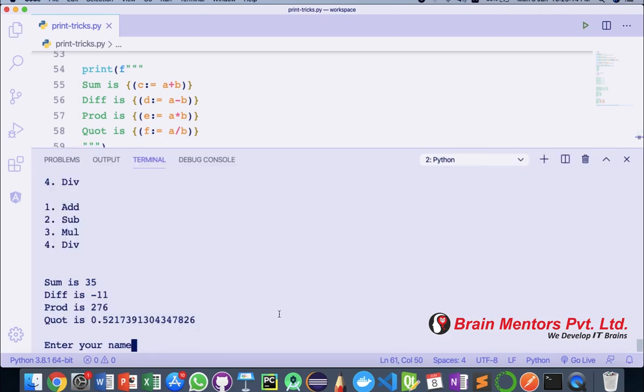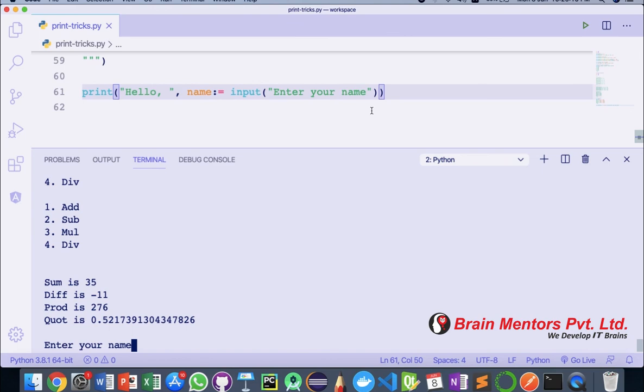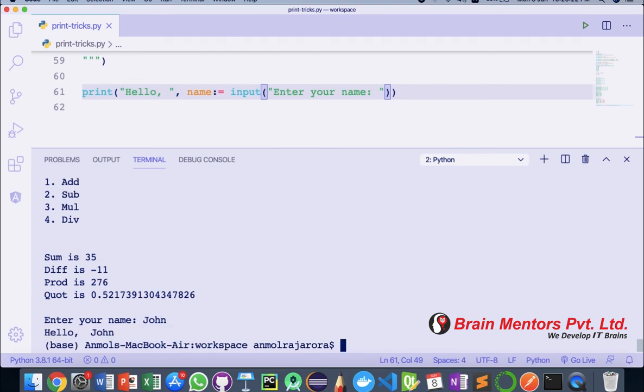So here I enter my name. Okay, let's make it a little bit better. After enter your name, I'm just going to put colon and a space so that it looks more readable. Let's test it once again, and here I'm going to say John and see how easily it comes out. Otherwise, you would have had to write at least 2 lines for taking input, then creating a new variable, storing a value inside it, and then printing the statement out. Now I've done that thing inside one single line using both different syntaxes with the help of just a single operator, that is walrus operator.